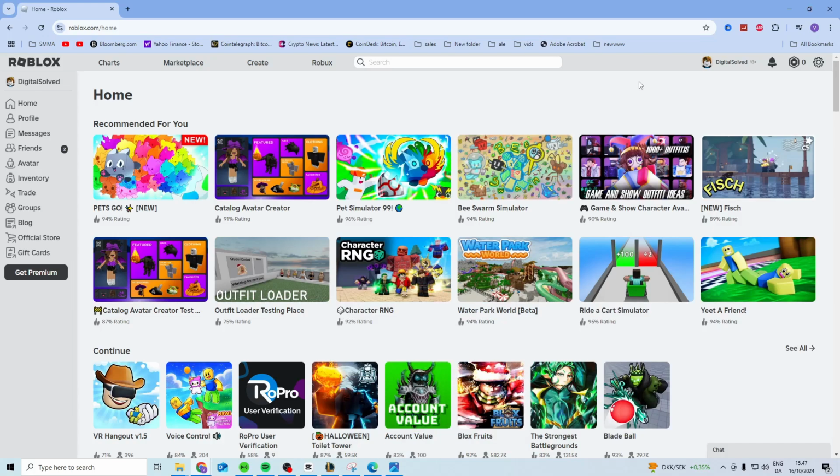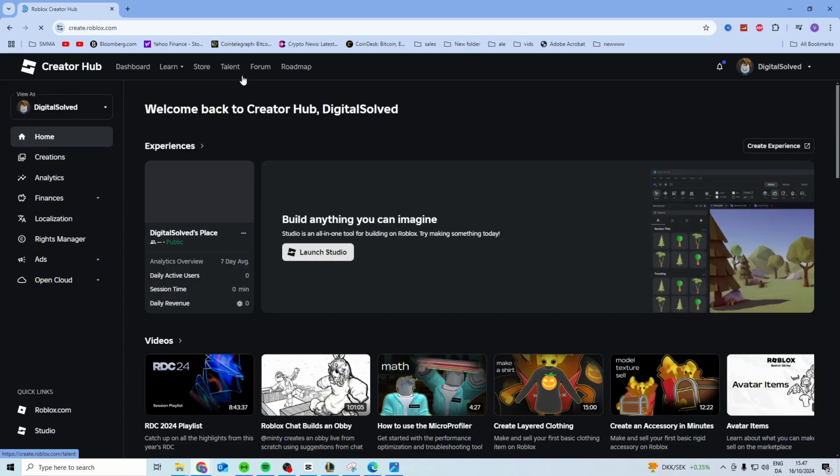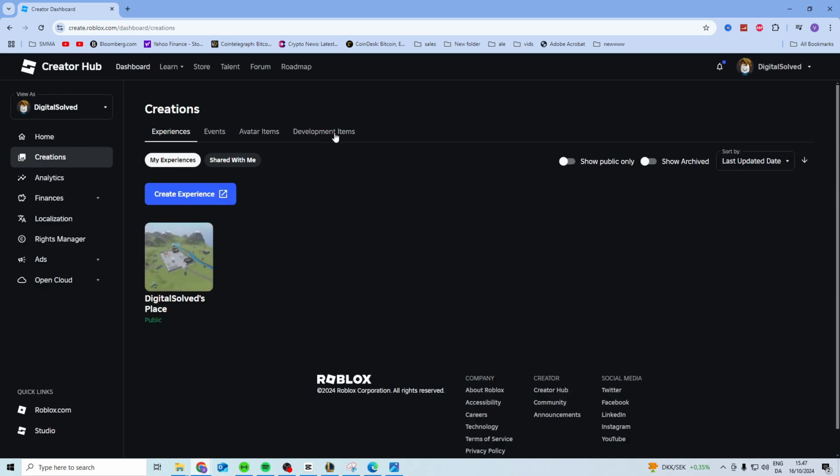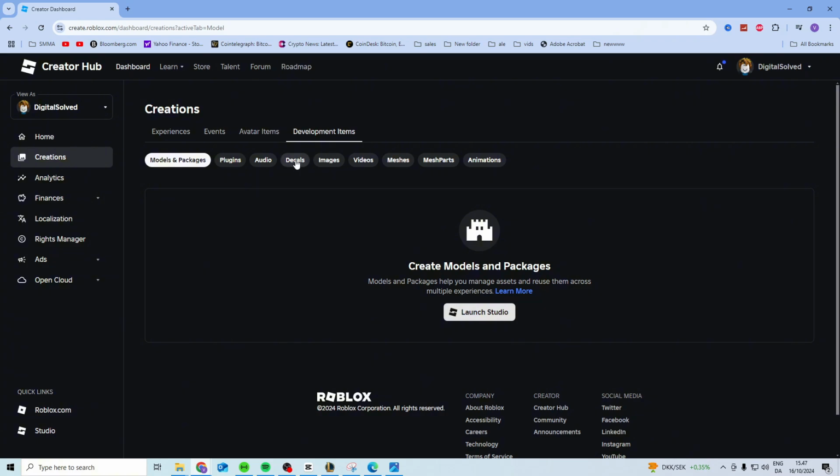In this video, I'll show you how you can make decals in Roblox. What you first need to do is head over to roblox.com and from in here log into your account. After that, you want to click on Create to get to the Creators Hub. In here, click on Creations, click on Development Items, and from in here you should be able to see decals